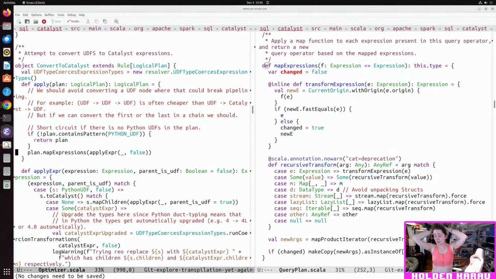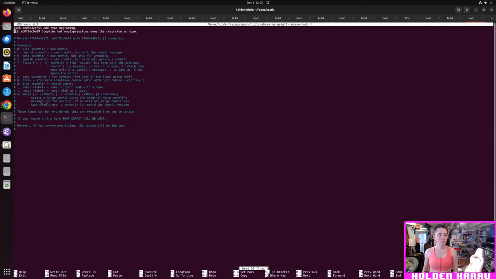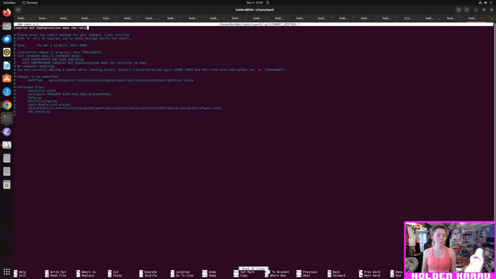Okay, yeah, actually, I think this is what we want. Cool, let's see if it works. Compiles. I think map expressions will recurse down everything, which is not an expression, which is what we want.